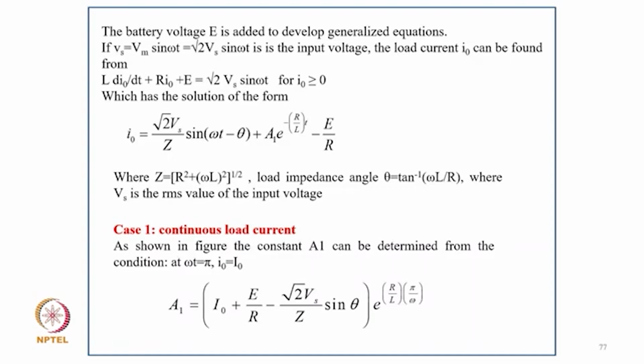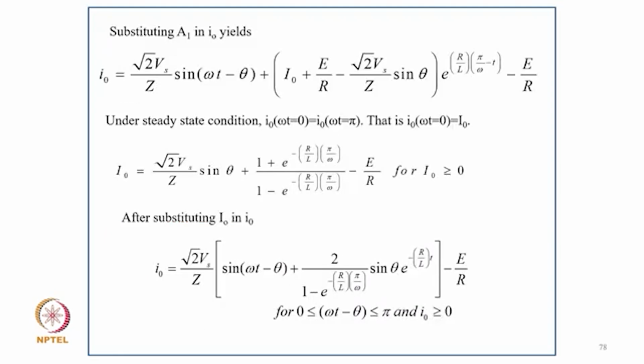And case 1, for continuous load current as shown in the figure, constant A1 can be determined from the condition at omega t equal to 0, I equal to I0. So A1 equal to in bracket I0 plus E upon R minus root 2 Vs upon Z into sin theta into e to power R upon L into pi upon omega. And substituting A1 in I0, I0 equal to root 2 Vs upon Z sin omega t minus theta plus in bracket I0 plus E by R minus root 2 Vs upon Z sin theta in bracket e to power R upon L into pi upon omega minus t, minus E upon R. So under steady state condition,